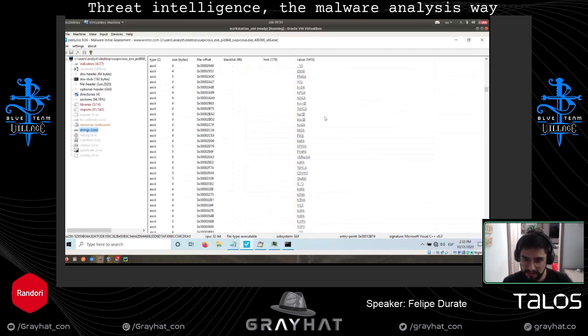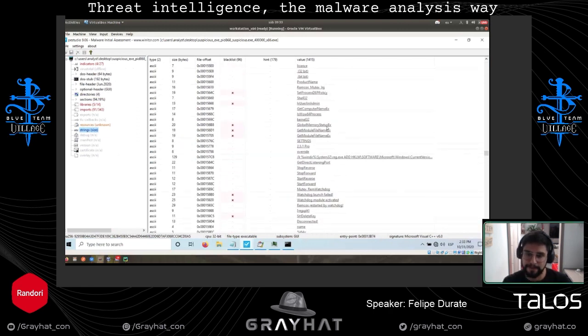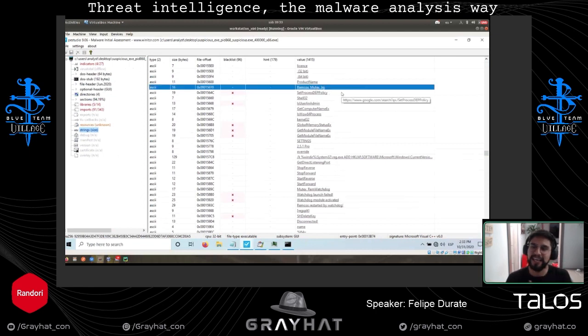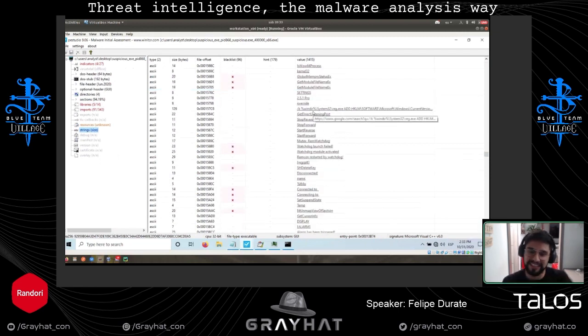For example, let's dig more. Okay, yeah. So watch.mutex, rencos mutex, eng. We have a lot of interesting stuff here. So if you are in a hurry, this is probably something that can help you unpack a sample. Very simple. Probably the unpacked sample will be broken because you didn't do any kind of fix, or didn't fix the import tables and a lot of stuff there. But at least if you want to triage really simple, really fast, this could be a very nice solution. So have that in mind.